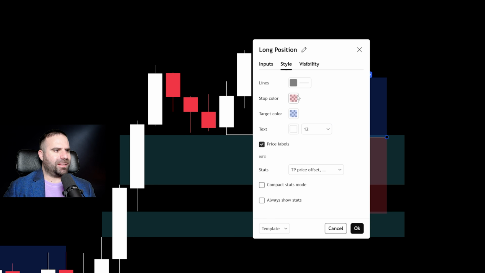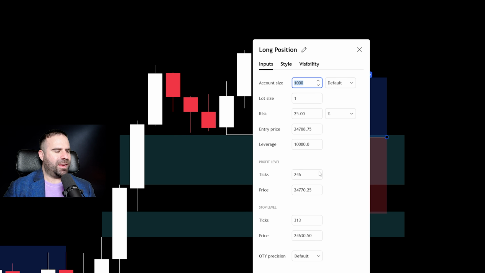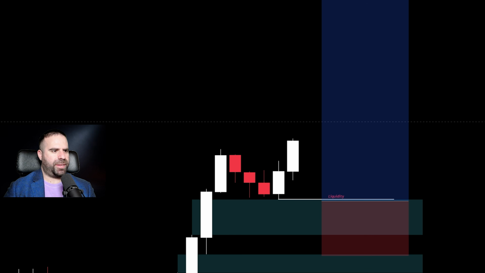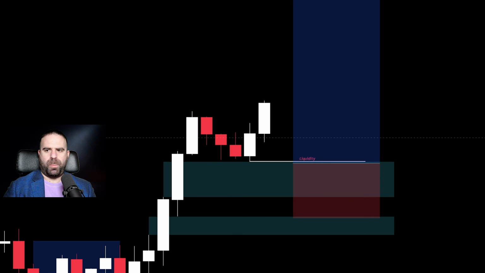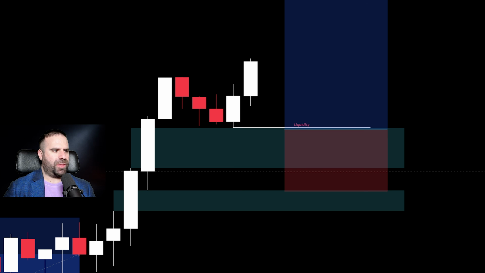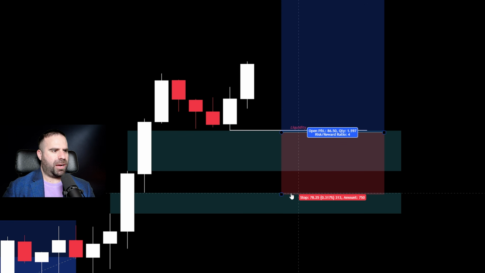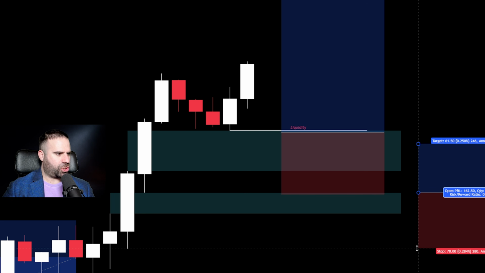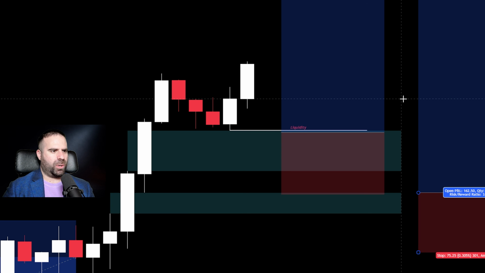And I'm going to target at least a 4-to-1 reward to risk. And here is my 4-to-1 reward to risk over here. And I'm going to be placing another pending order. Let me zoom in a little bit. Another pending order right here at the top of this second fair value gap. Okay, this is my second pending order exactly right here. And the stop loss, look down there below the low of candlestick number 2 out of the 3 that created this FVG. And I'm going to target a 4-to-1 reward to risk.